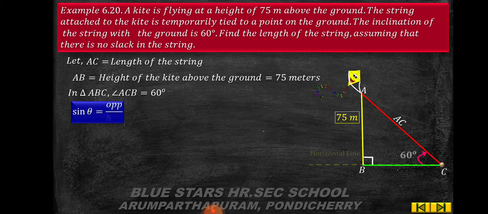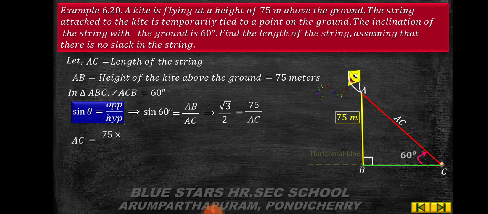So sin theta is equal to opposite by hypotenuse, which implies sin 60 degree is equal to opposite AB divided by the hypotenuse AC. Sin 60 degree is root 3 by 2, which is equal to 75 divided by AC. So AC is equal to